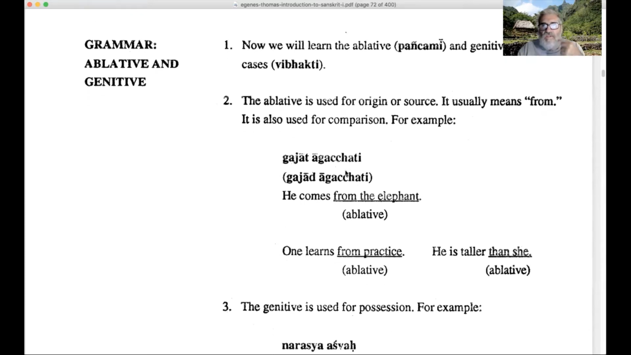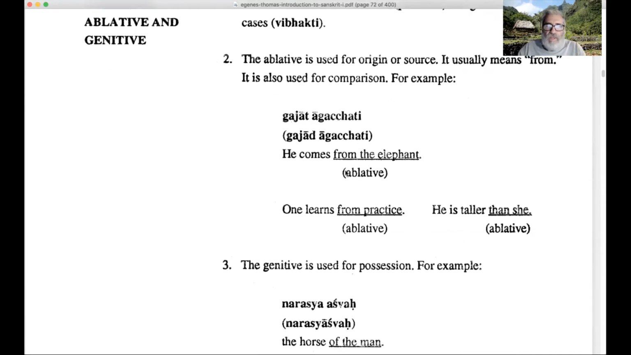The ablative is used for origin or source. So that means it can be translated usually. It usually means from. It is also used for comparison. For example, here we have